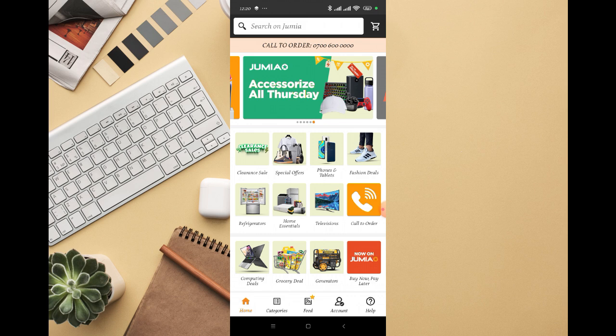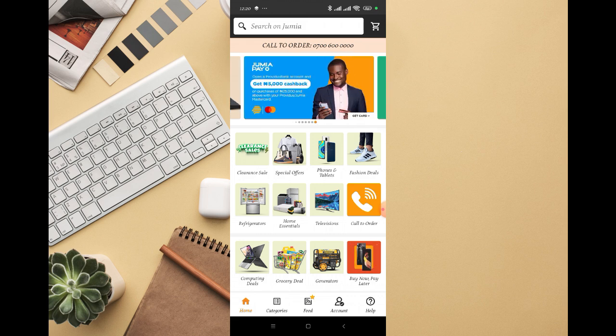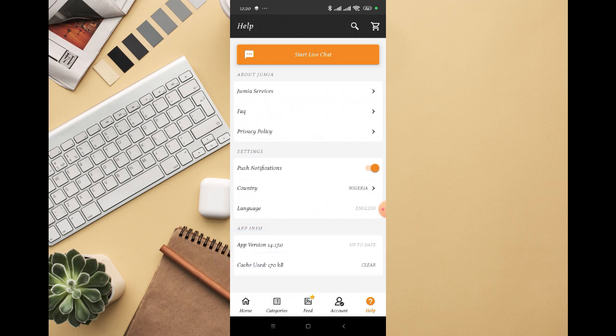You can see their mobile phone number right here at the top. And if this is not working for you, the next thing you're going to do is just look down below. You're going to see help, so just click on that help while you are already logged in to your Jumia account. On that help, you're going to see start live chat at the top right there. So just click on start live chat, then you're going to be able to match up with one of the Jumia